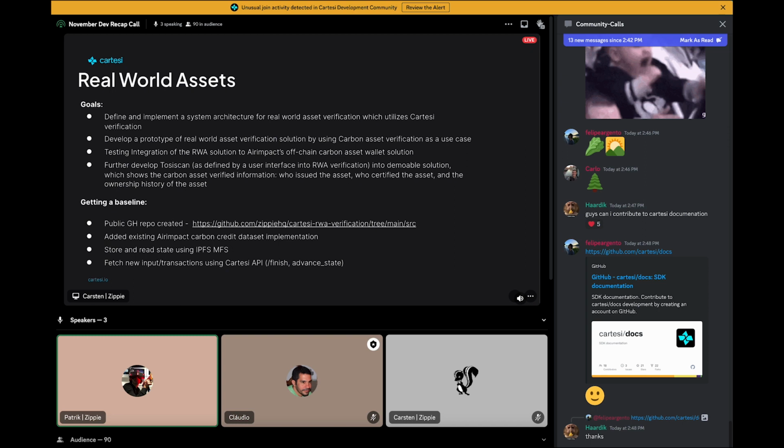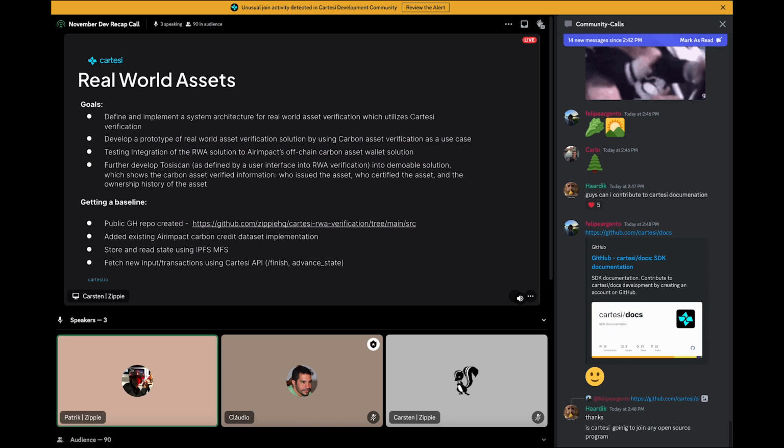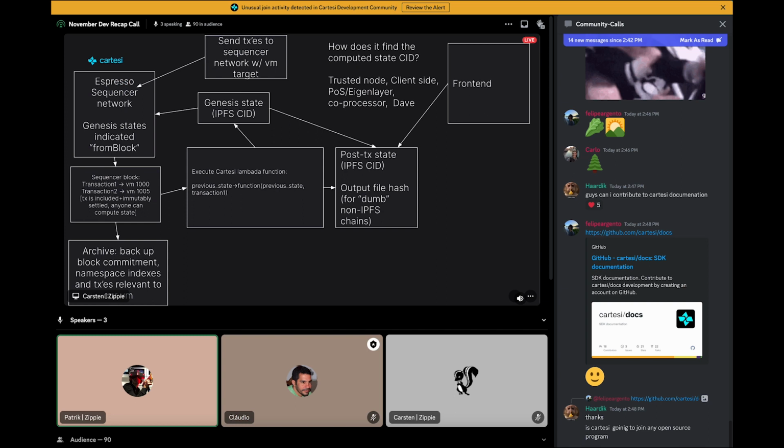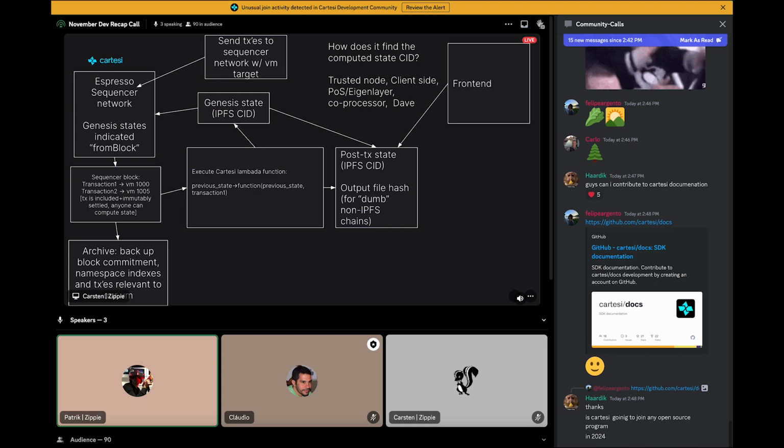Then we adapted it to store and read state using the IPFS mutable file system, and also to fetch new transactions or inputs using the Cartesi API. You can go to the next page. All this will then run as this Cartesi Lambada function. And here I think Carsten could maybe give some more information about this environment.